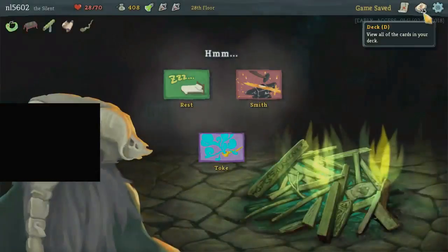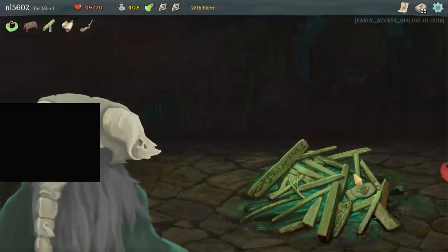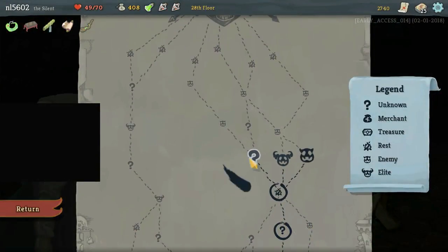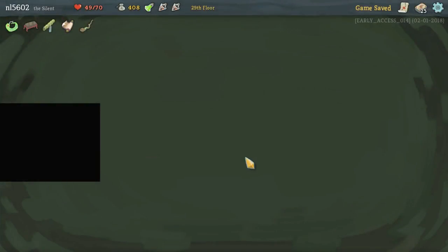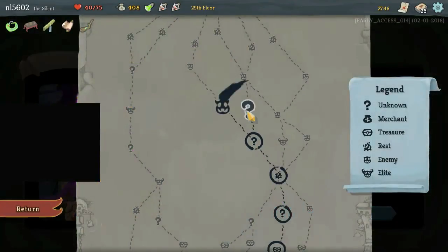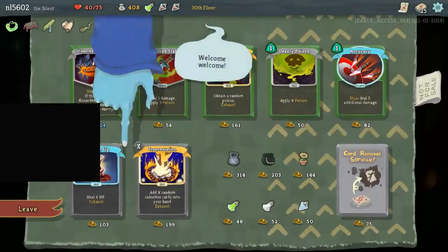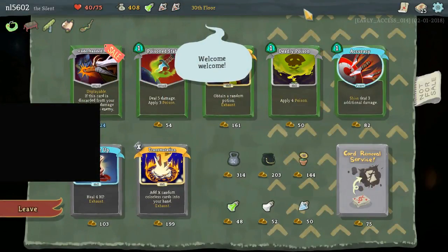Alright, so I think it is too dangerous not to heal here, so I'm gonna rest. And now for the future, we dodge that like heck. Let's see. Gain 5 max health, thanks. I don't want anything else. It's a shop. This is why we dodge shops. Alright, so